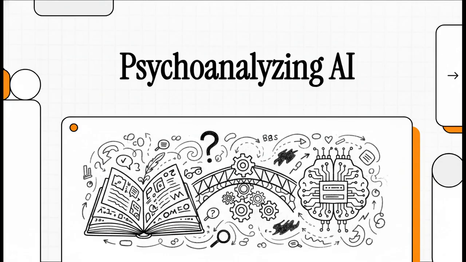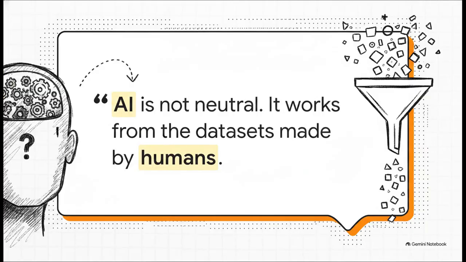We are going to take the traditional tools of literary theory and use them to expose the hidden biases living right there inside the code. I know, it sounds like a clash of two totally different worlds, but as you'll see, they are incredibly connected. Right off the bat, let's establish a fundamental truth here. As Professor Dilip P. Barad points out, generative AI isn't some flawless, objective oracle handing down absolute truths from the cloud. AI is not neutral.